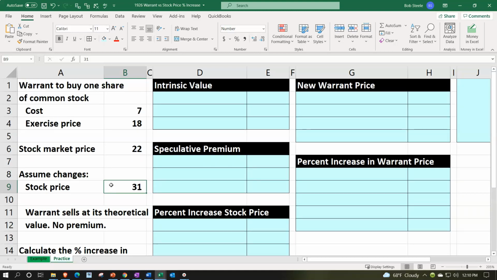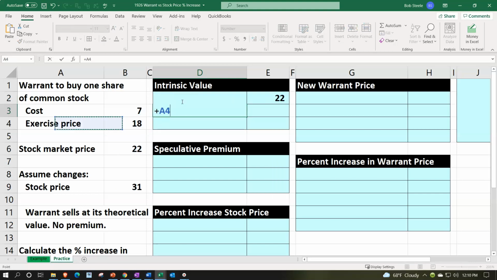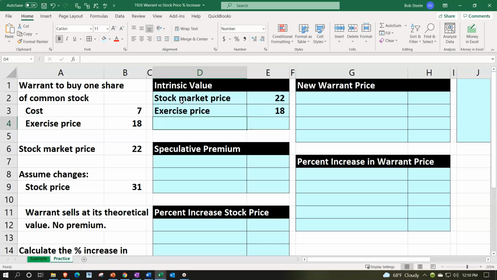So there's that increase in the stock, and we want to look at that percentage change. What we expect to happen is the warrant, because it's kind of a leveraged item, is going to have a greater increase, we suspect, in the percentage. So let's check it out. So we've got the stock market price. Let's take a look at the intrinsic value. It's going to be comparing the original stock market price of $22 versus the exercise price, how much we can buy the stock for if we had the warrant and exercised it. And that would give us the intrinsic value